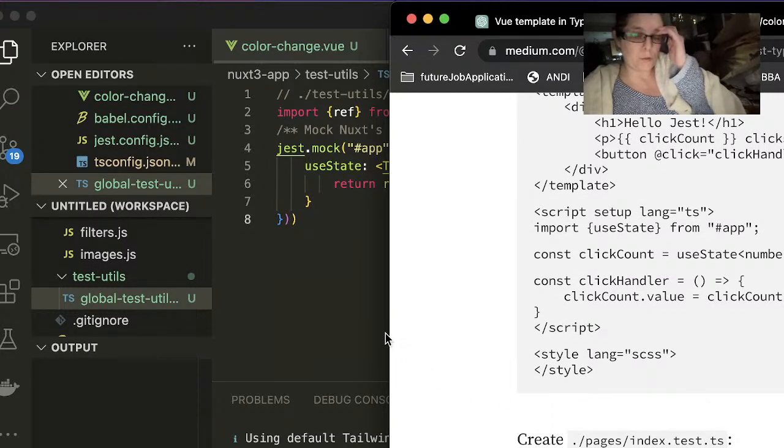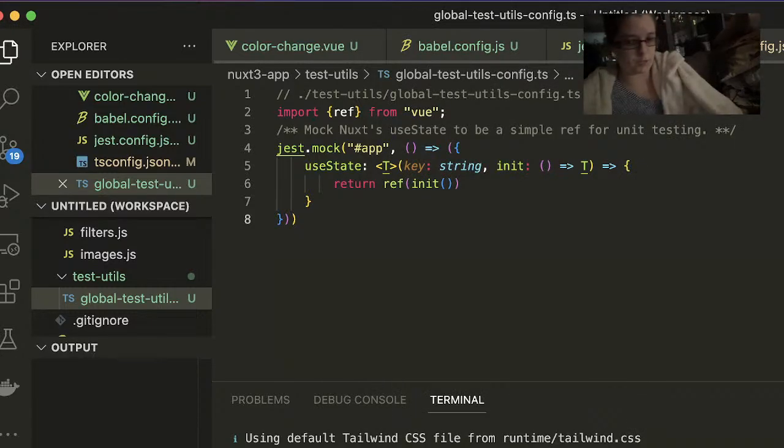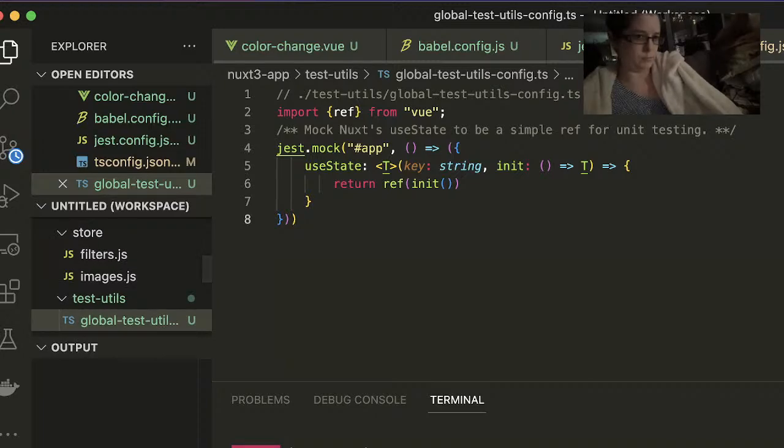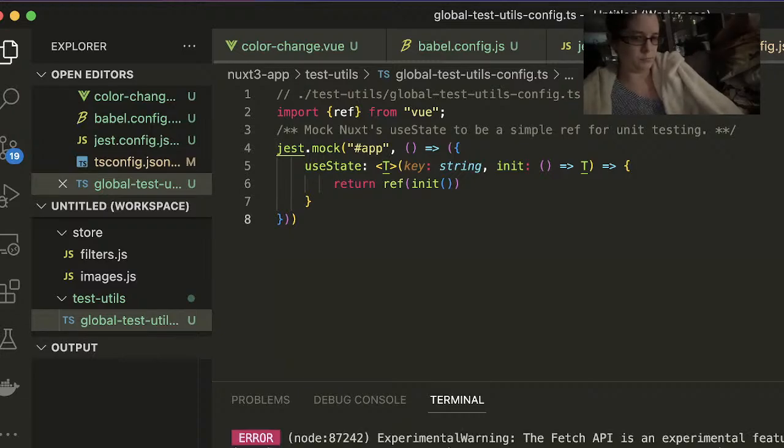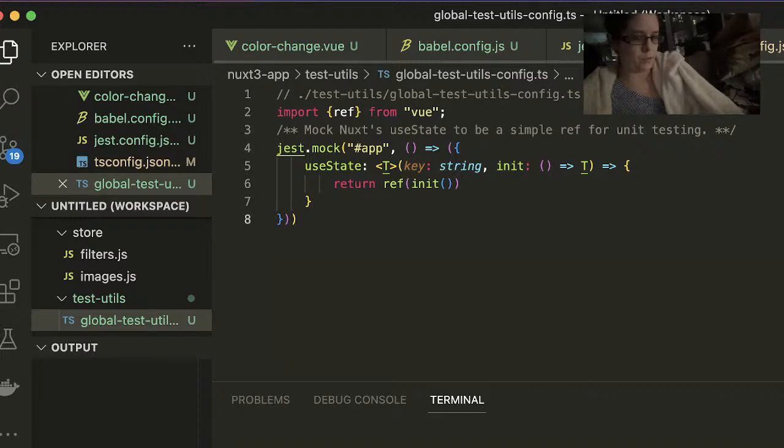See, this is what I don't like about this. We're just going to create a file called Jest. And we're just going to touch and call it